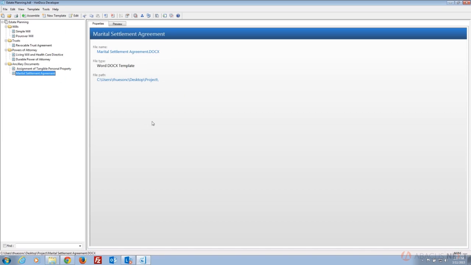Let's say it's this marital settlement agreement. This template may well be used in an estate planning context, but it could also very well be used in a family law context. So I may want to have shortcuts to that same template in both an estate planning library and my new family law library. So what I'm going to do here is highlight the shortcut to this marital settlement agreement template,